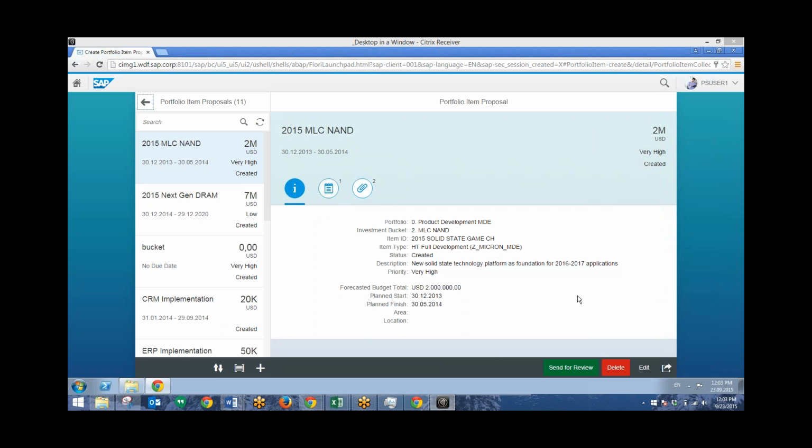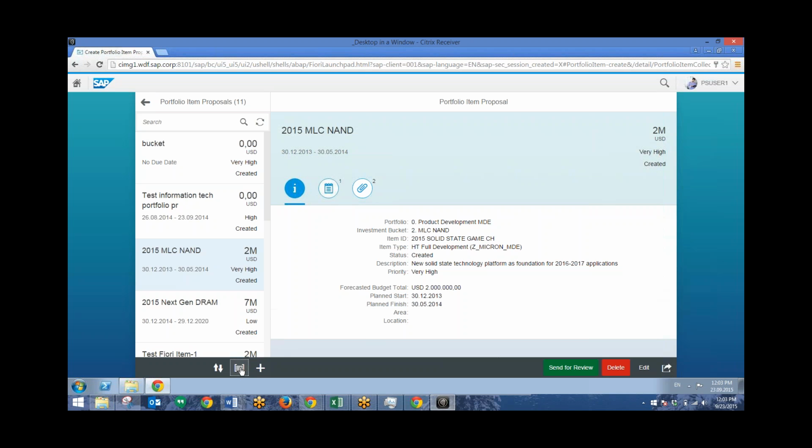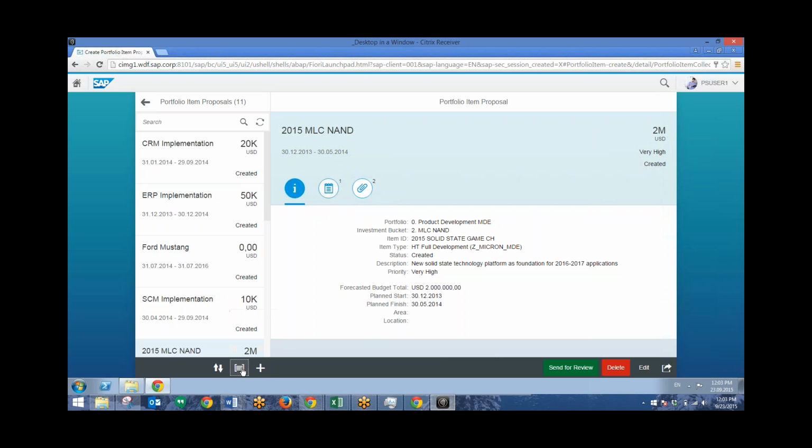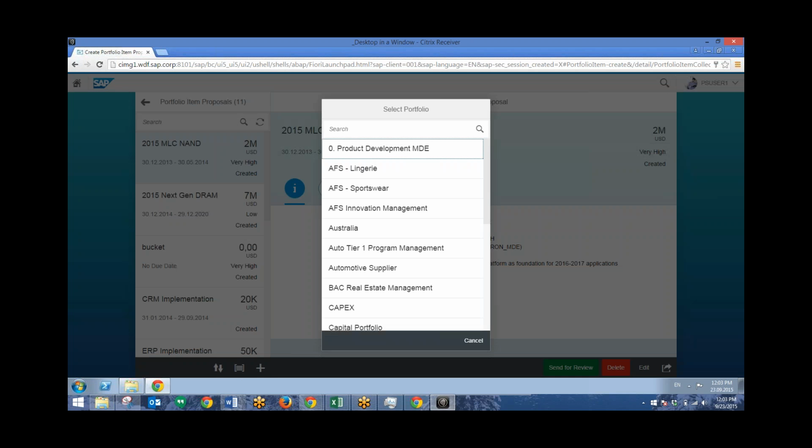Now, similar to the last app, we can group these different proposals using this icon right here. So we can group them by item type or priority. We'll leave this at no grouping. And now the icon next to this will allow us to create a new proposal. So I can click on that plus sign, and then we'll select a particular portfolio that we have to create this proposal for. For this instance, we'll choose the Australia portfolio,